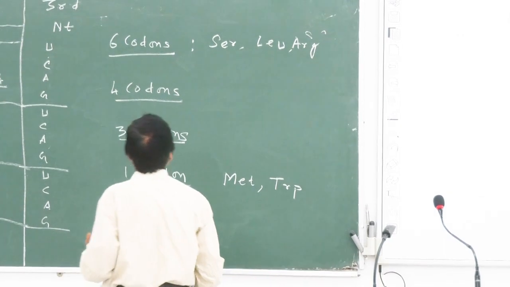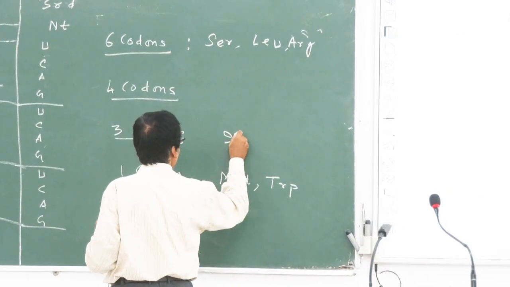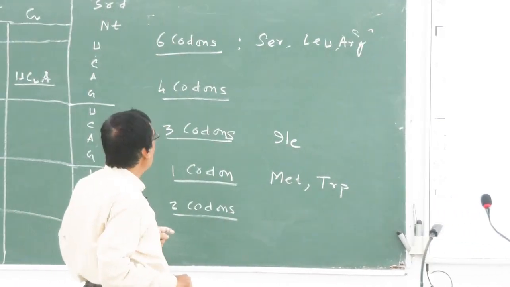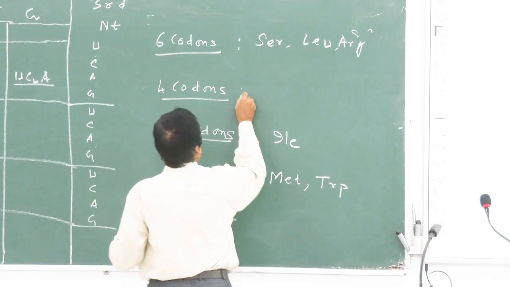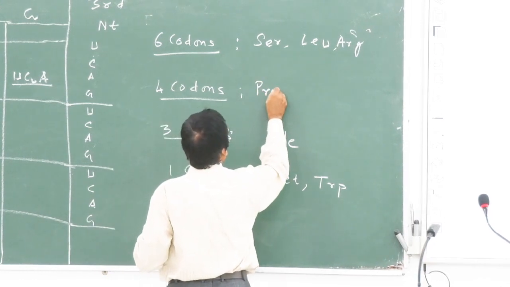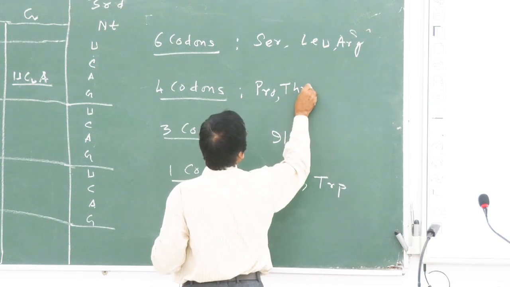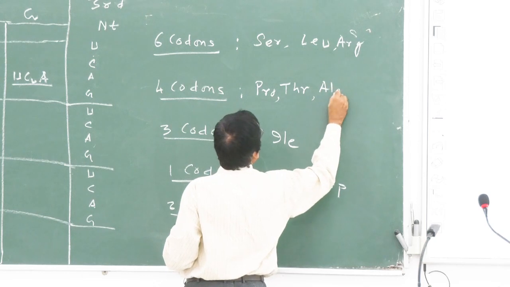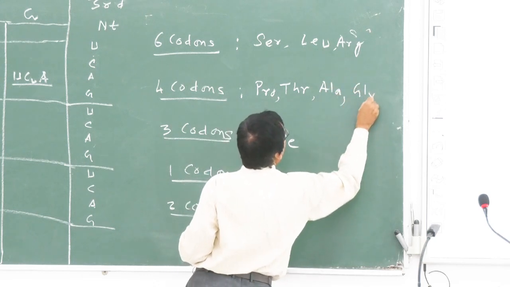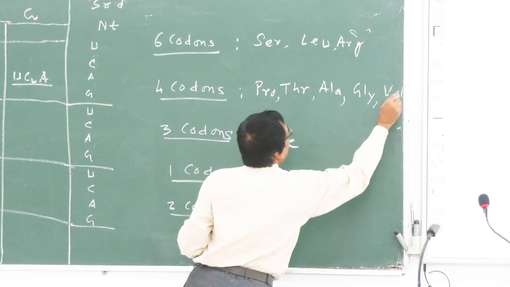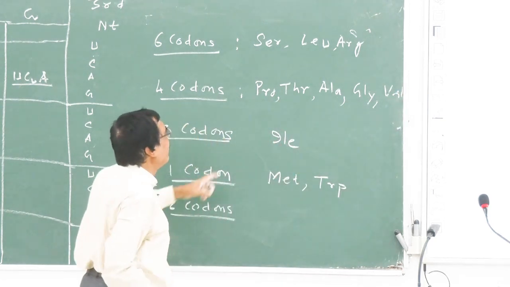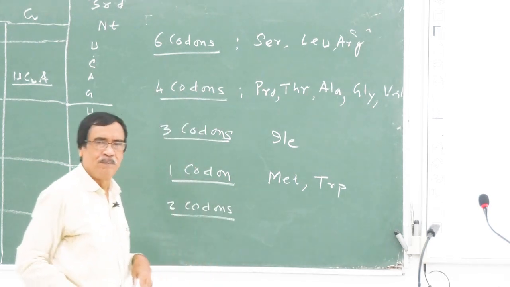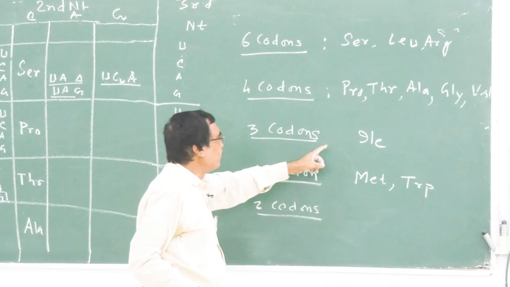3 codon is meant for isoleucine. 4 codons are proline, threonine, alanine, glycine, valine. These amino acids এর জন্য for these 5 amino acids there are 4 codons. 3 codons for isoleucine আর বাকি